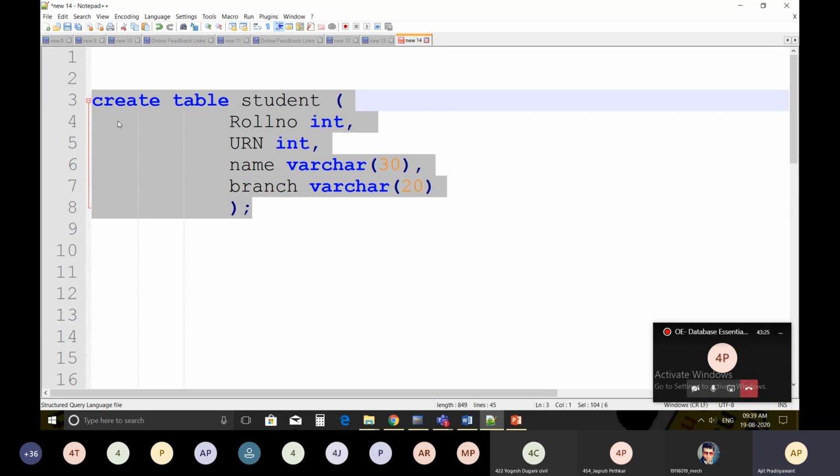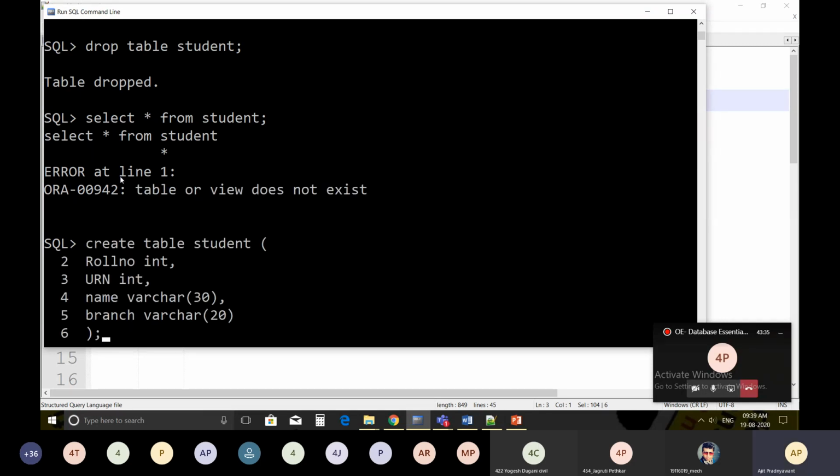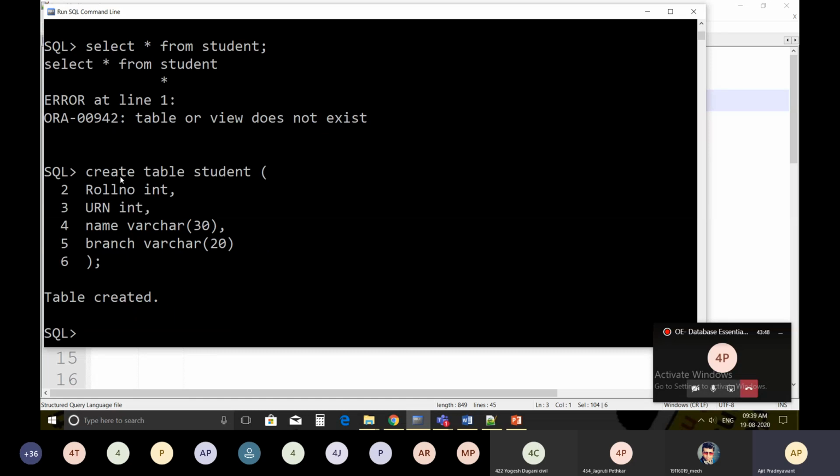So I'm just going to copy it and go to the SQL command prompt. This is the SQL command prompt to interact with the database. Just paste. I'm not going to type because there is a time limitation. I want to complete all the simple points. So once you enter, you will get this message: